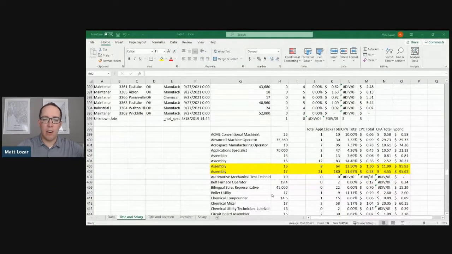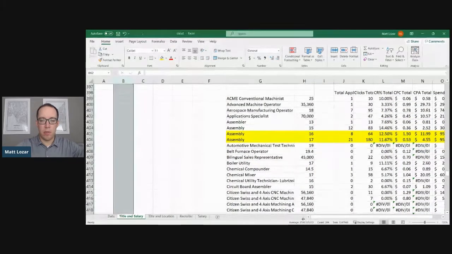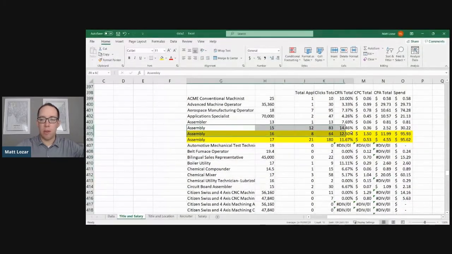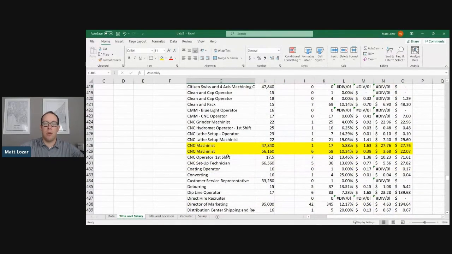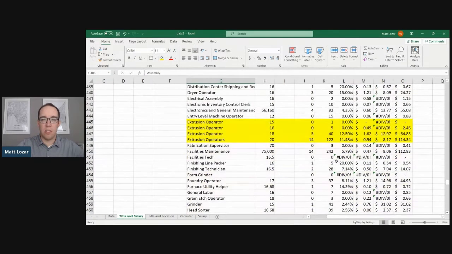We're going to look at another client here where they had some similar data. And this is an industrial client in Ohio. We'll zoom in here on some of the areas, but for this assembly job right here, perfect example where $17 an hour received a lot more applications than $16 an hour. CNC machinist jobs, the wage increased by $9,000 for the year. So just under $1,000 a month, but just this big difference led to 6 applications versus 1 application, $3.68 versus $27,